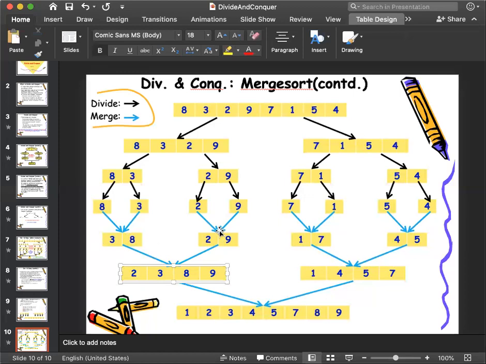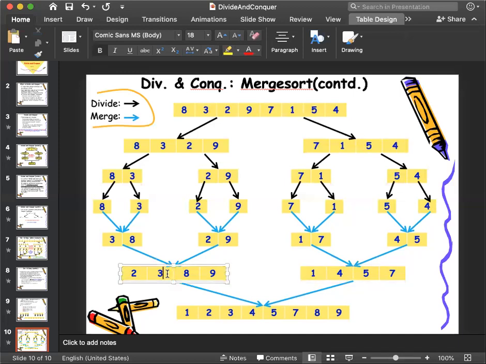When I combine between these four numbers, they will be sorted again and then combined. Now on this side, look, there is 1 7 4 5. The lowest between these four numbers is 1, so 1 goes first. The second lowest is 4, so 4 goes second, then 5 goes third and 7 goes last. Now I have again two lists, one a list of four numbers and another one a list of four numbers, so